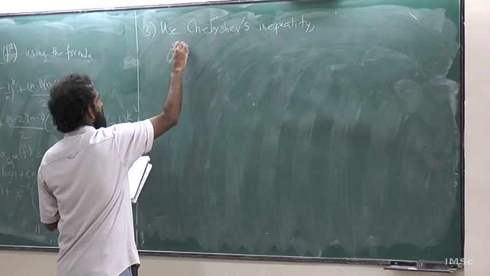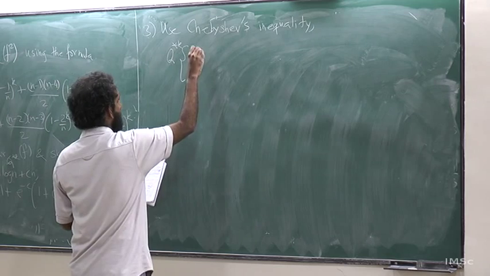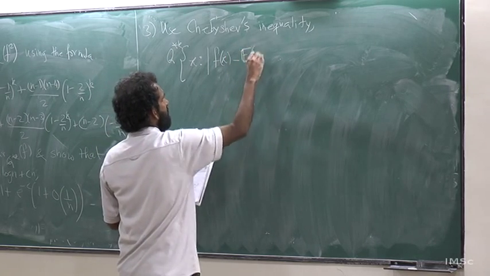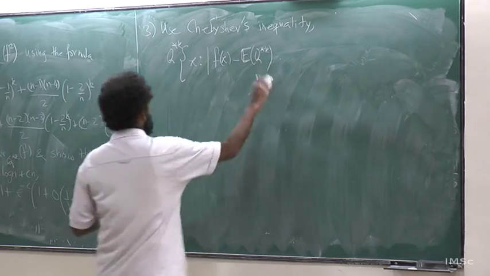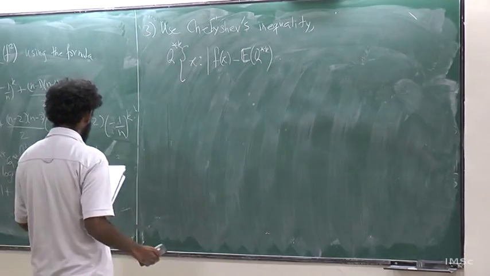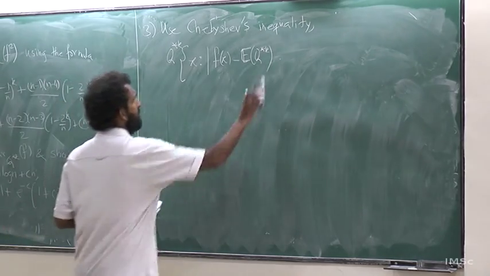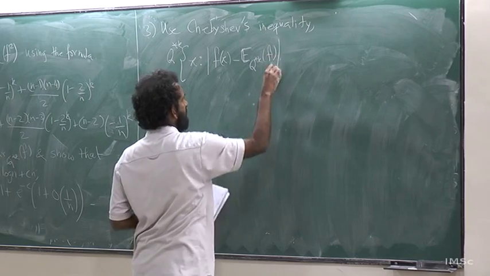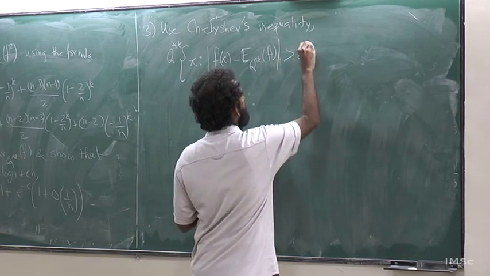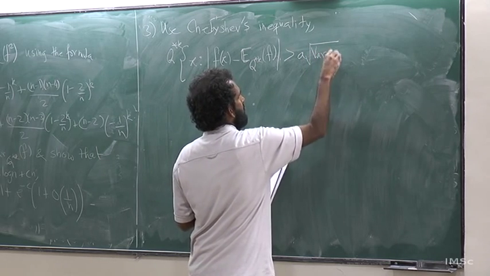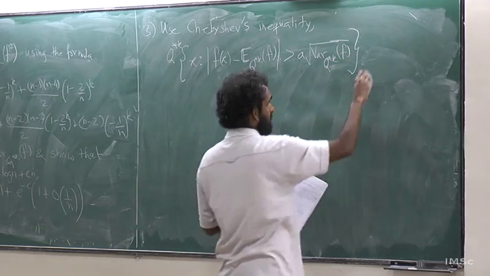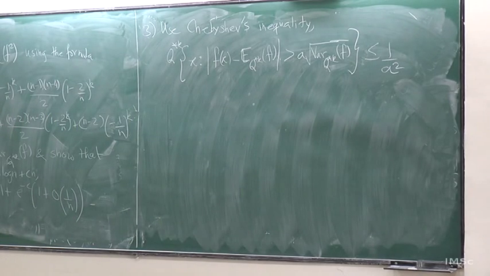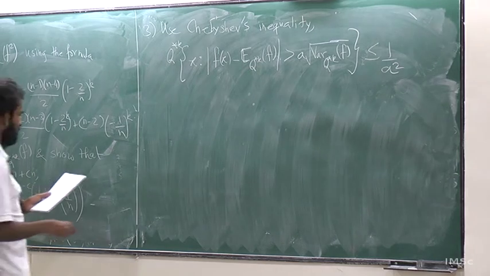Q star k of the following event, the set of all pi such that the distance between f of pi and the expectation under q star k of f is greater than a times the square root of the variance under q star k of f, has probability at most 1 by a squared. Okay, so then